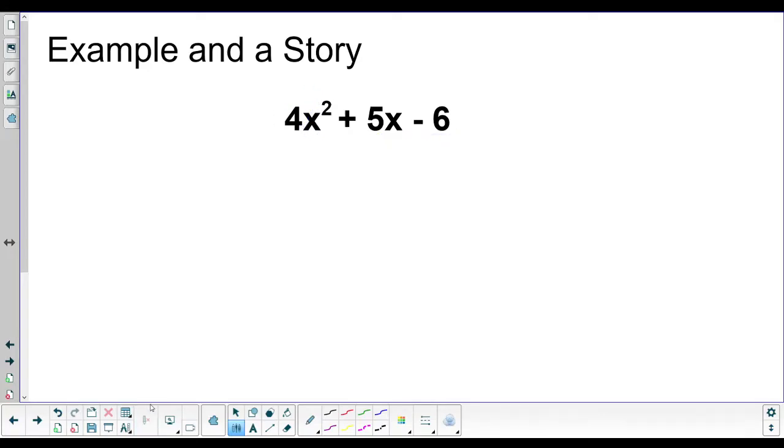So complex factoring is something that I like to think of a lot like the way teenagers think of dating. So I want you to picture a world where 4 and x squared are in love. They're dating. They're romantically entwined. However,